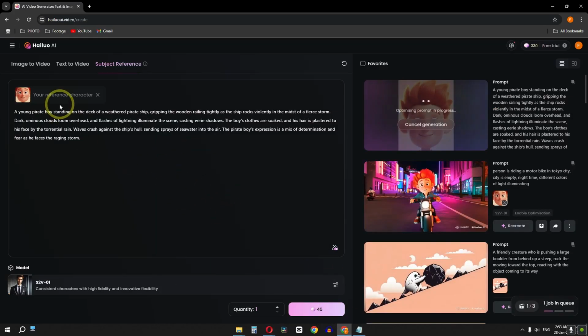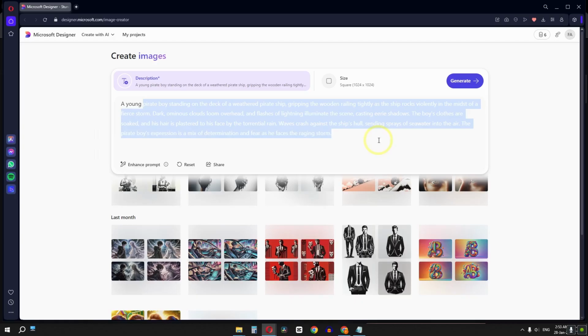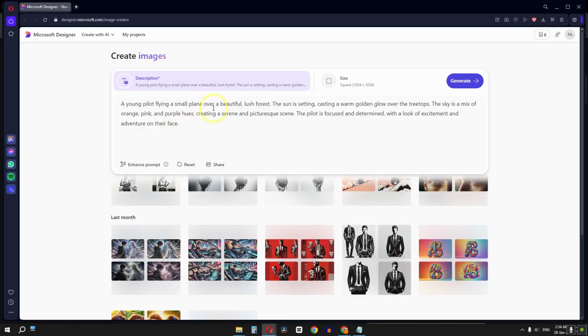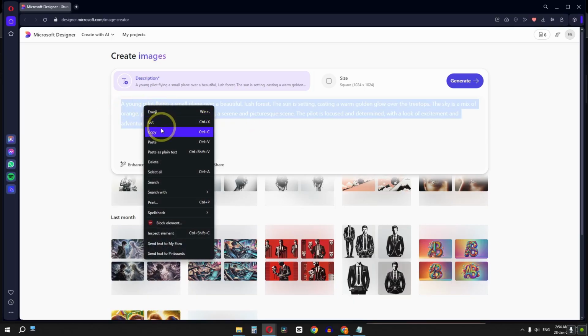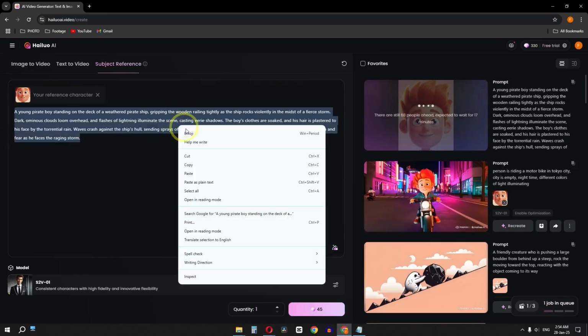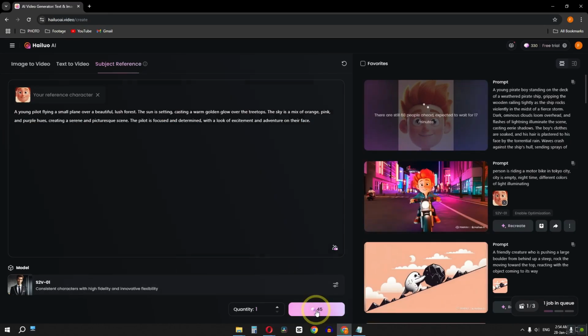Now let's make this character a pilot. A young pilot. Now I have typed a young pilot flying plane, beautiful forest. We can enhance this prompt, and if you write some spelling mistake, it will also fix your spelling mistake as well. Now we can copy this prompt, go to Hello AI, we can paste this prompt, and let's add this